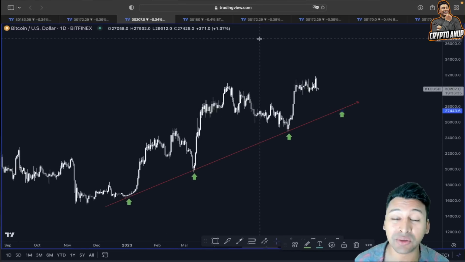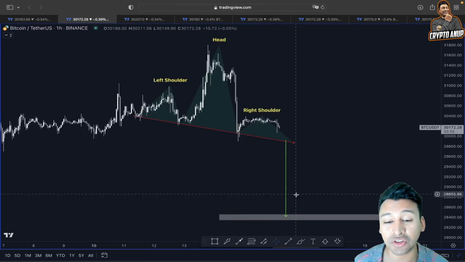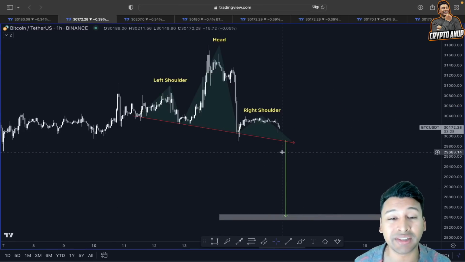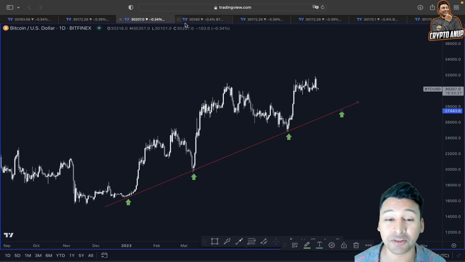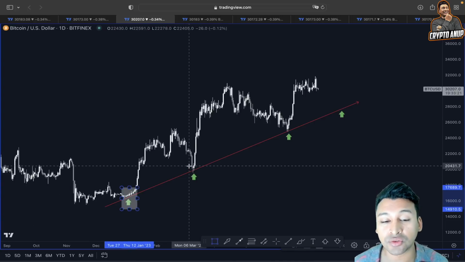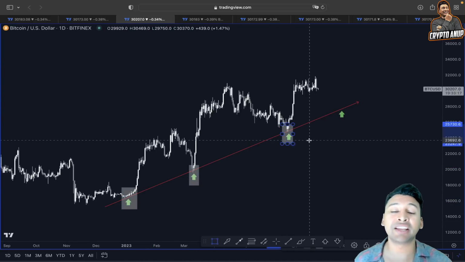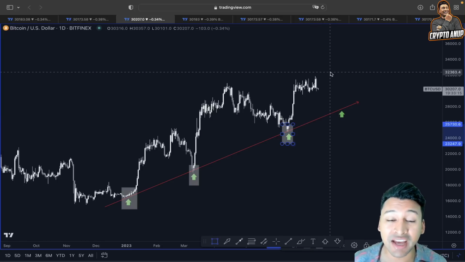Now, if we look at this in a bit different way, I mean, if the price of Bitcoin is going to show this continuation towards the 28,000, 28,500, will it make sense? Because we know this rising trend line in the past price action, whenever the price of Bitcoin has showed some weakness, also got attracted towards this rising trend line. What has followed after that? A very nice impulsive movement.